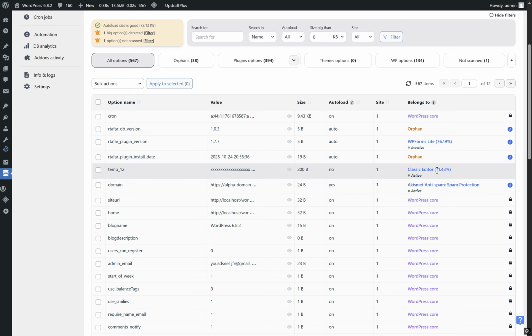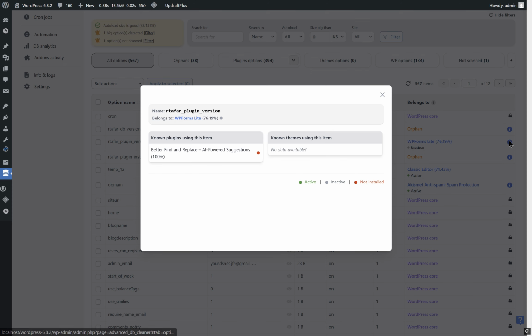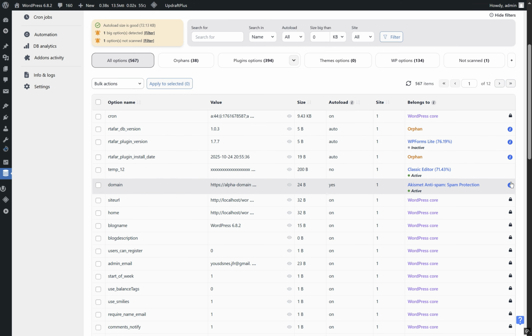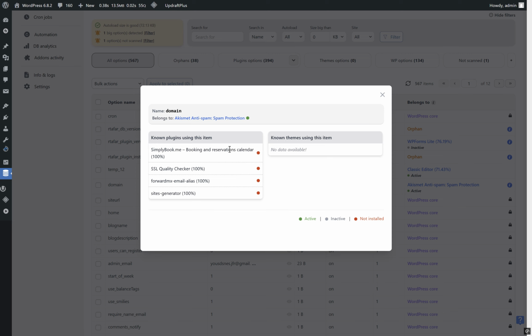A percentage is a confidence hint from the scan. Below 100% means likely but not certain. These percentages are usually more reliable with long, distinctive values than with short or generic names. Some option names are used by multiple add-ons. Use the info icon to open a panel that lists known plugins or themes that use this option and shows